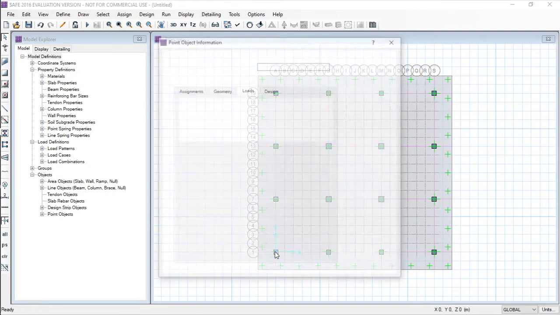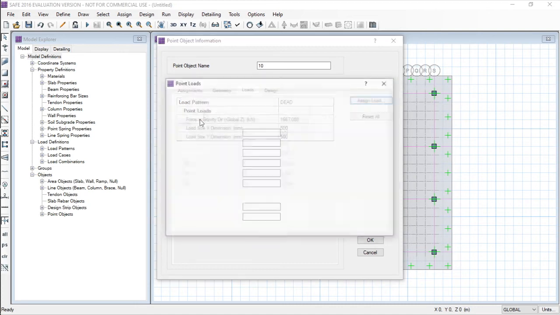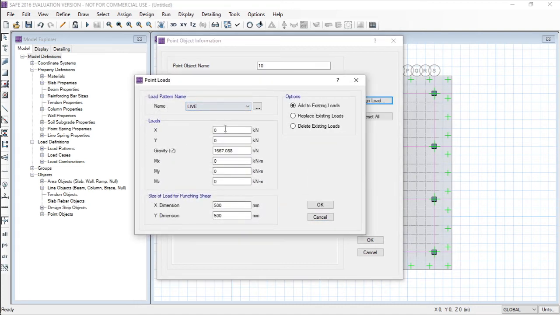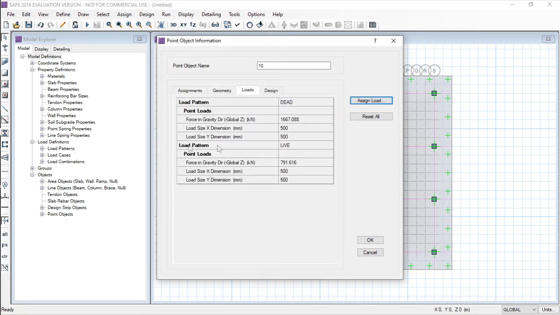You can ensure over here that 1 point is selected. So just right click over here, and similarly go to load section, go to assign section, and for force load click on OK. Name it as live load and give it a value of the load, and the column size or the punching shear dimension will be similar, right? And click on OK. We can see that another load pattern has been added in this list. This is the load pattern which is point load also, and which is for live load. The pattern is the live load and this is the dead load. The force is in gravity direction, minus global z direction, the dimension is also similar and the magnitude is also given. Click on the OK button.